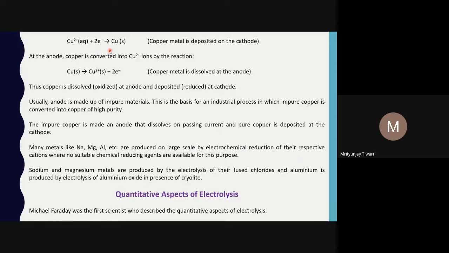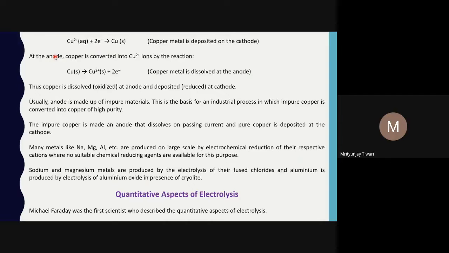At some places we are depositing it, and at some places we are just oxidizing it or dissolving it into the electrolytic solution. The answer is we use impure material as anode. So if it is not only copper, some other materials are also used. It is made up of copper. It makes the anode, which means the copper is not in the pure form. It is impure material. Some kind of impurity is also there.